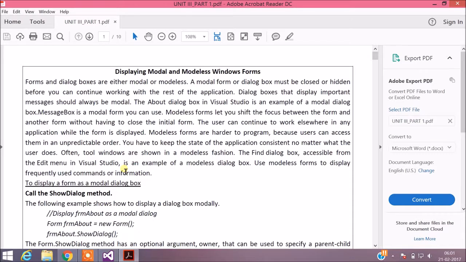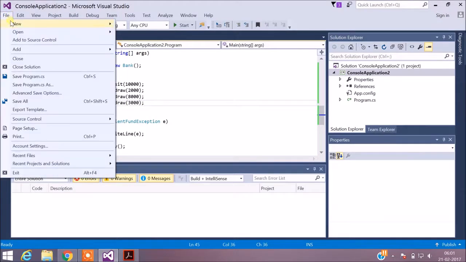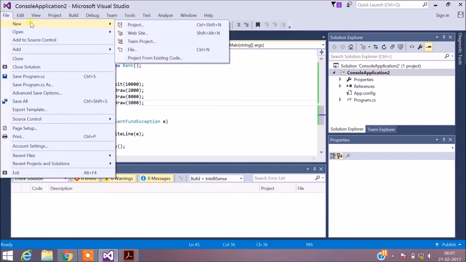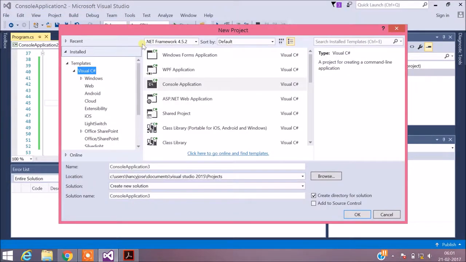So let's see the coding part. For this, I would select File, New Project, and here I would select Visual C# first, and instead of Console Application I would choose Windows Forms Application.